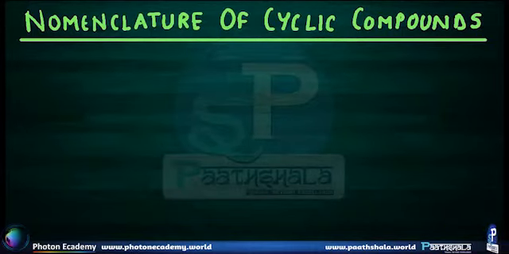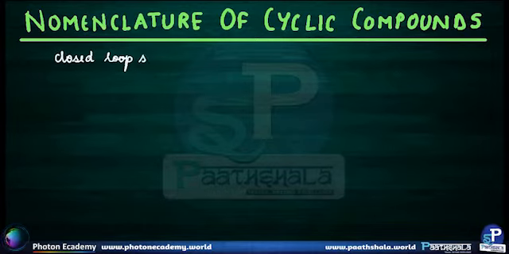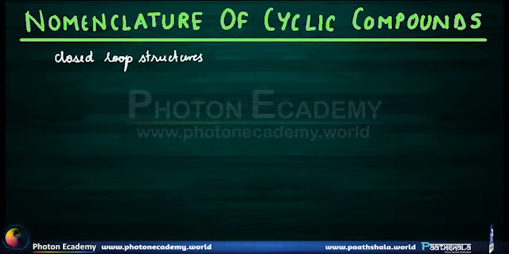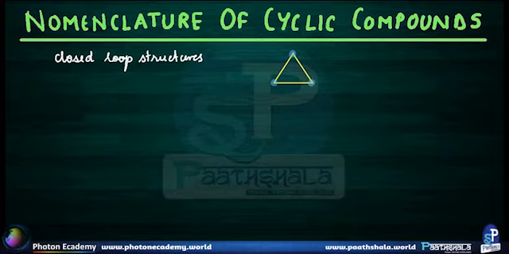Nomenclature of cyclic molecules. Before learning their naming, let's see what exactly cyclic molecules are. So, cyclic molecules are closed loop structures. For example, in this example, the rules of bond line notation are exactly the same. The corner of the zigzag line represents a carbon atom. So, if I replicate this into its molecular structure, the formula will be